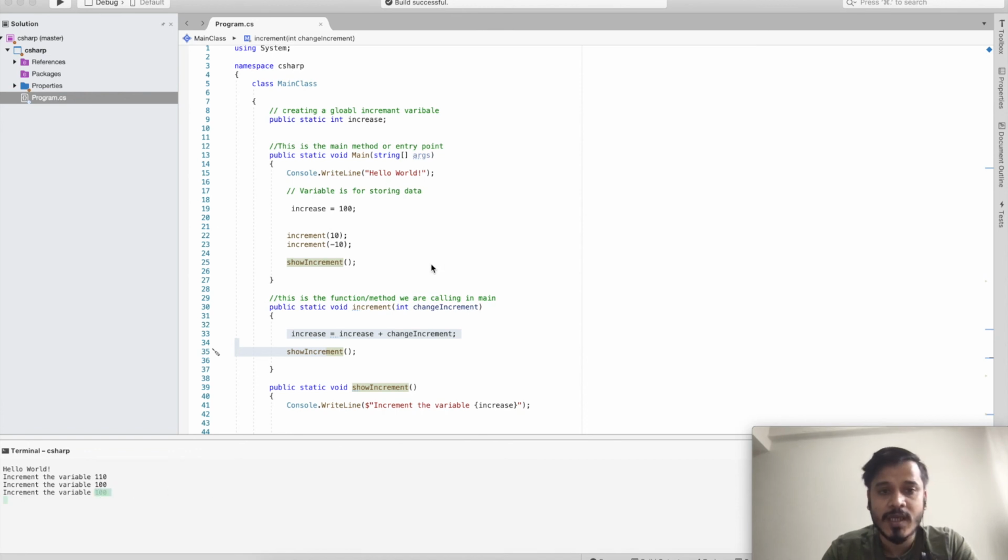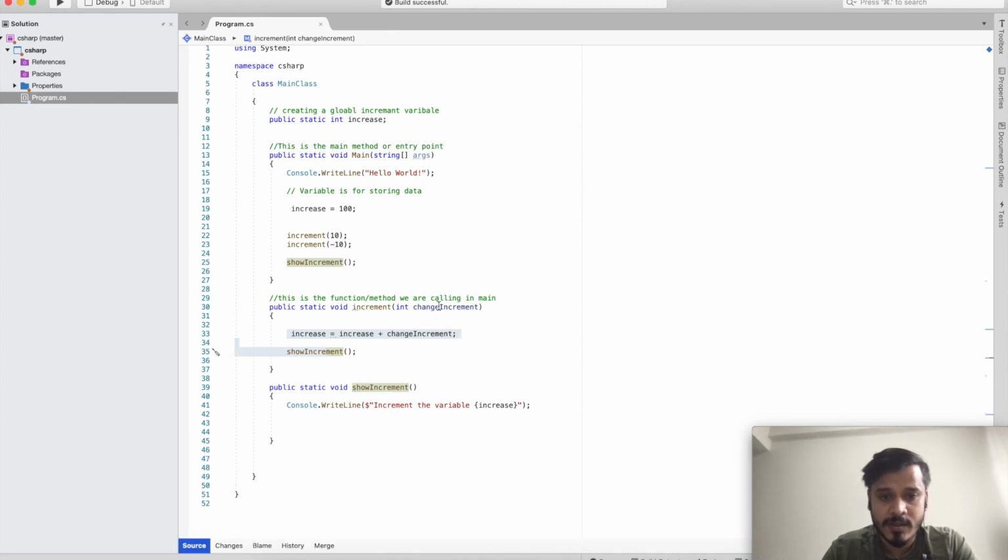And so you see, I don't need to write this whole piece of code again. I just need to call this method and pass the argument, and this argument will take care, and I can just keep on incrementing or decrementing the value. We will see later how we can use this code to encapsulate our methods and functions, so that we are not writing the code again and again.